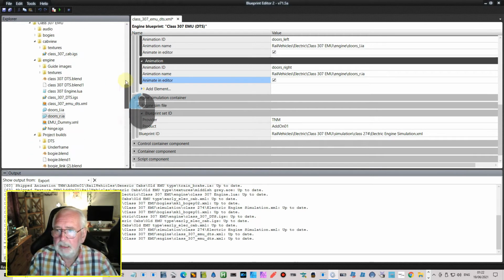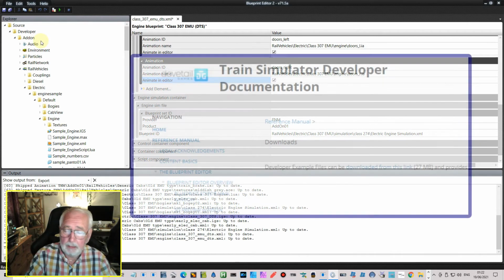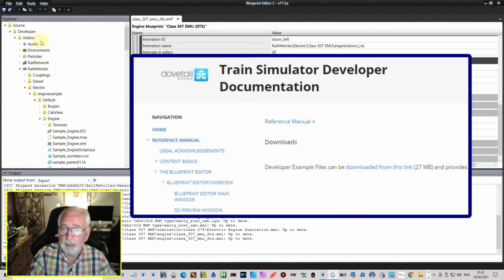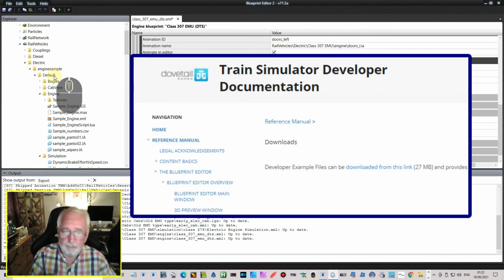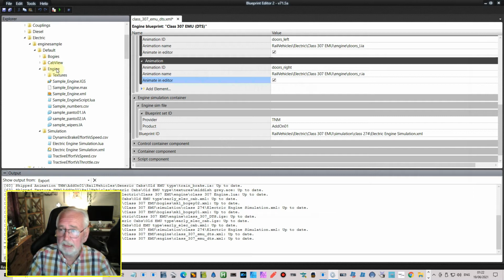Now, the easiest way is to go to your developers folder. That's a separate folder if you haven't got that. If you go to the DTG developers guide, at the end of it, it gives a link to a developers folder, and in there is all examples from different things, scenery, engines, the lot. So using that, we can go to this example